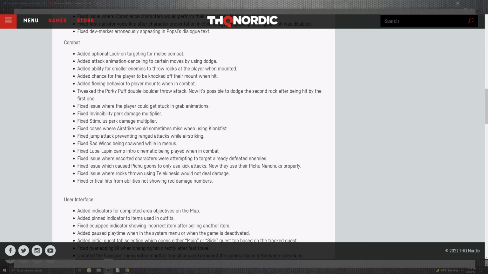Very cool. The issues continue to be fixed, as you can see where players were getting stuck inside of a grab animation, the invincibility perk damage inside of the multiplayer, the stimulus perk, and the damage for the multiplayer. On top of that, for as far as the cases when airstrike would sometimes miss when using the Clone Fist. For as far as the jump attacks preventing range attacks while airstriking, the Rad Wisp being spawned when in the menu,